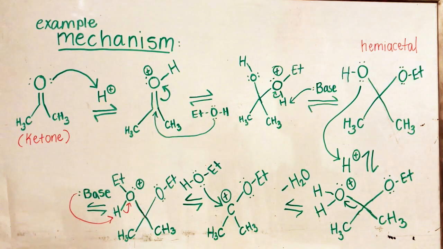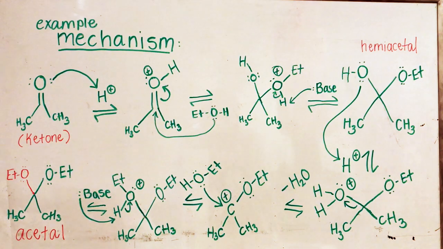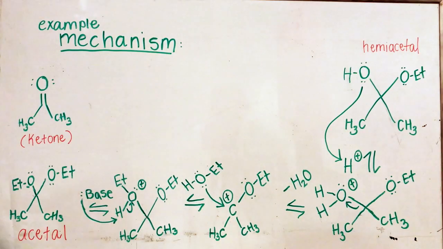So now, as you can see, this is the final step-by-step mechanism of the hemiacetal-acetal formation. Now, I would like to reiterate that this is an example of the acid-catalyzed version, and also, as shown by the equilibrium arrows, this mechanism is completely reversible. So now we are going to show you an example of how we would base catalyze an aldehyde or ketone